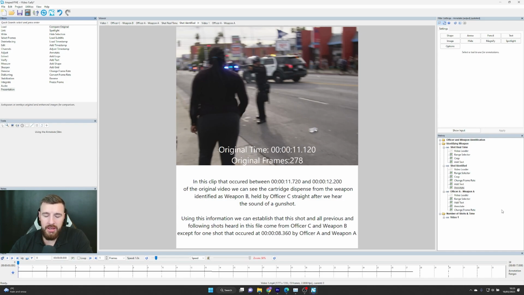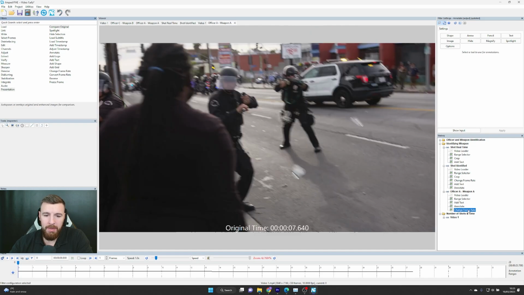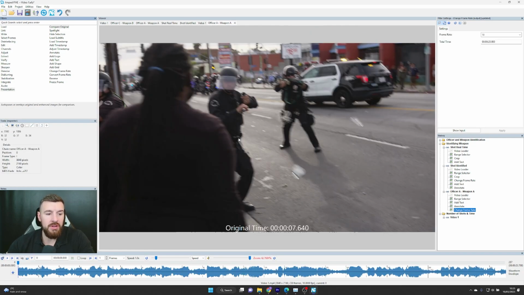And then we've got the shot that's fired by Officer A, Weapon A. Now we don't actually see the shot being fired. So if I was standing up in court being questioned on this file, I would say that the likelihood is that it's coming from Officer A, Weapon A, but I can't determine that 100%. But what we can determine for fact is that the audio of the shot is different, that at the time of the shot, Officer A is holding the weapon system in a firing position, and after the shot, we can see Officer A